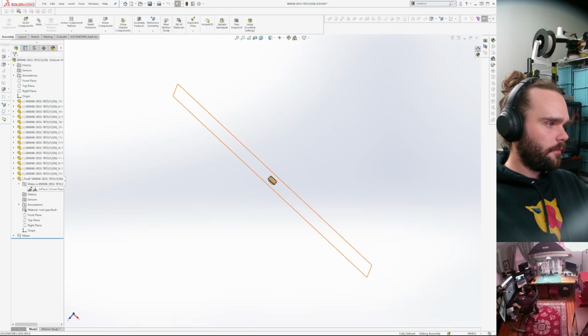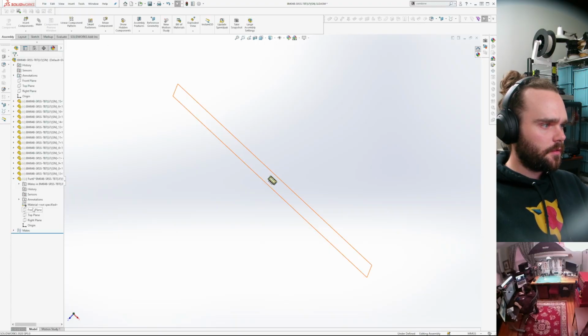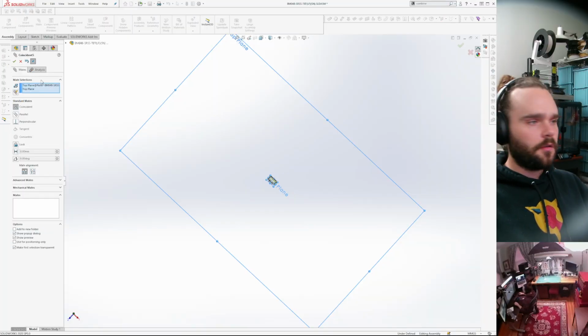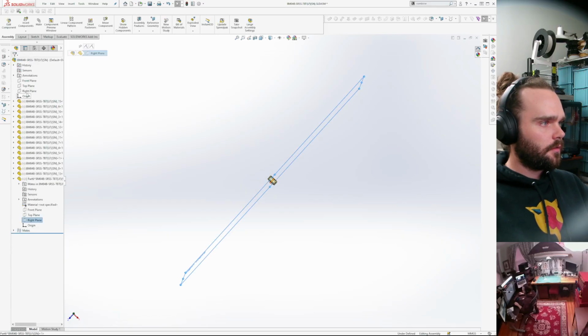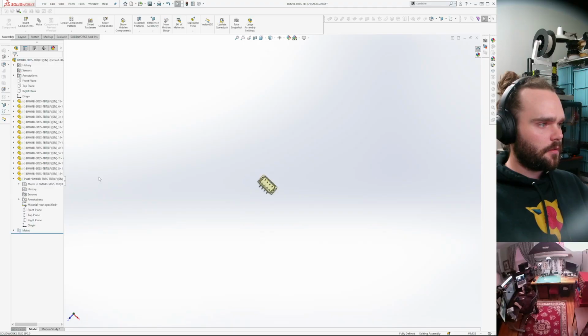Yeah. In place, no. Front plane to front plane. Coincident. Top plane to top plane. Coincident. Right plane to right plane. Coincident.